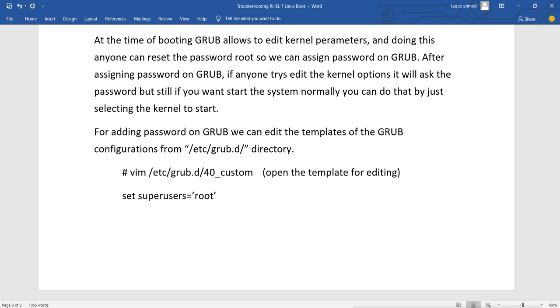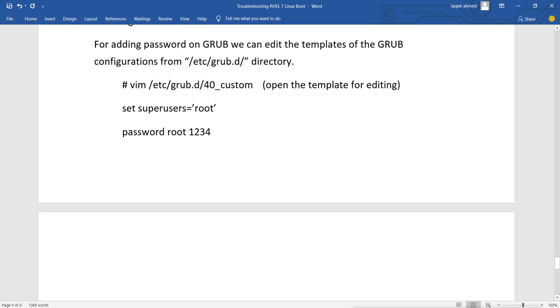Next, we will configure the password for that user. So I will give the command password with the username and then whatever password we want to give. After that, we will save the file.